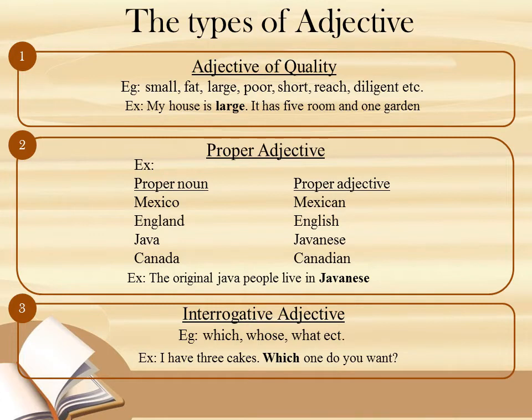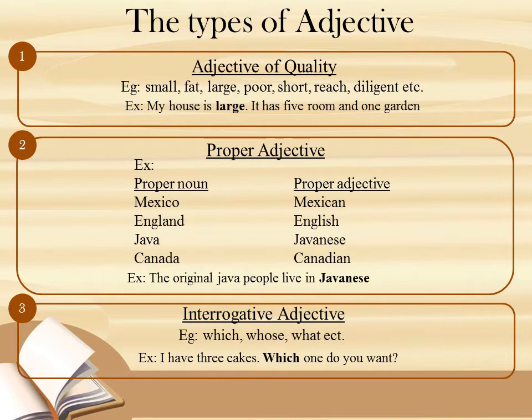The second is proper adjective. Proper adjective is an adjective that comes from a proper noun. Before you read any further, it may be a good idea to review our great guide to proper nouns. In brief, proper nouns are nouns that refer to unique people, places, and things. In general, we use proper adjective to say that something originates from a specific place or is related to a